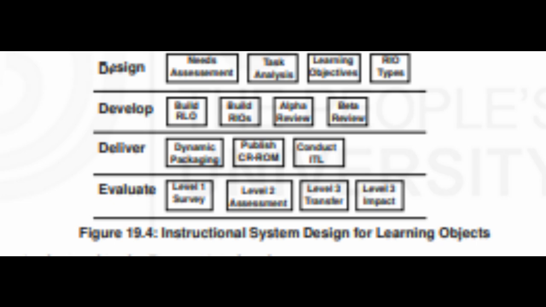REOs are then combined to form a larger structure called a reusable learning object, RLO. A reusable learning object is created by combining an overview, a summary, an assessment and 5 to 9, typically 7, REOs, and it is shown in Figure 19.2. Figure 19.2, Components of Reusable Learning Objects. Look at the screen. An RLO is based on a single objective, derived from a specific job task. Each REO is built upon an objective that supports the RLO's objective.